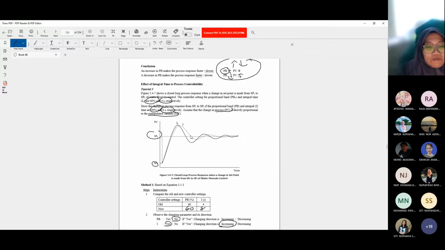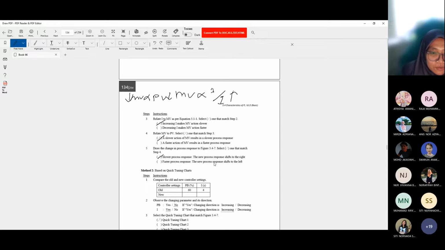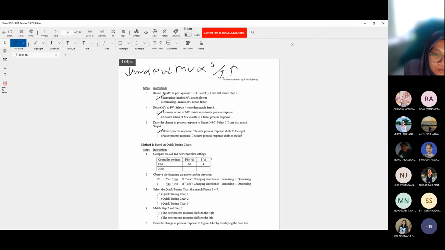So based on the graph, you can draw like this. Draw the same shape but shifted to the right. See? So here you can conclude that when you increase I, your PV